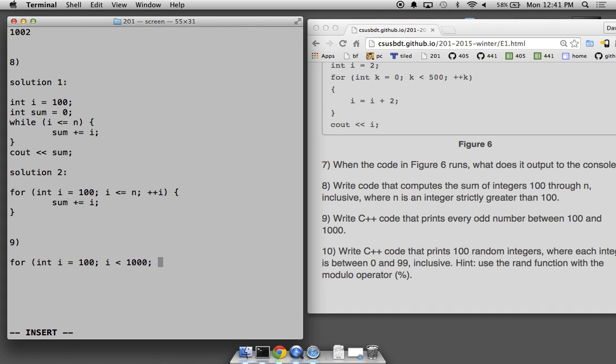Well, it doesn't matter because 100 and 1,000 are even numbers, so we don't need to include them anyway. How do we decide if i is odd? Well, if i mod 2 is 1,